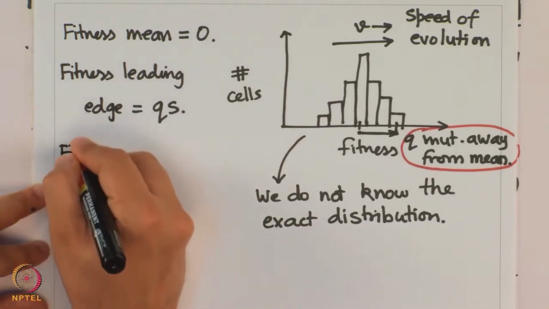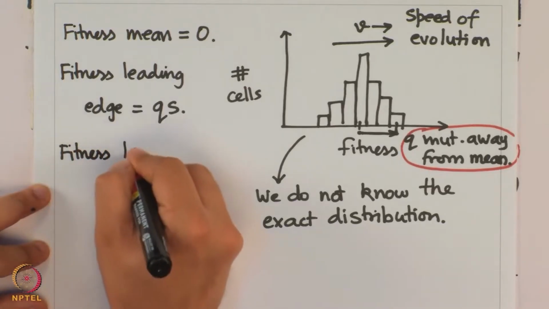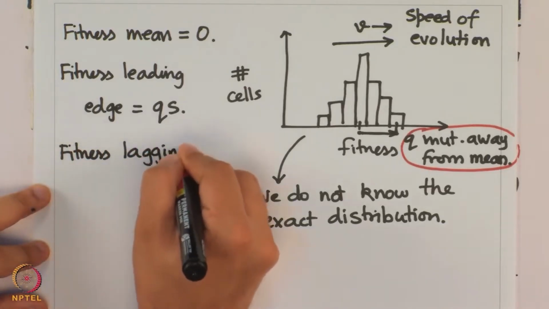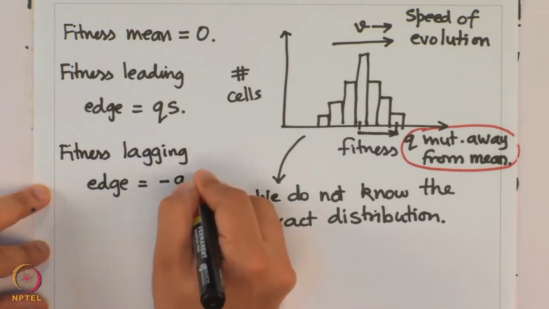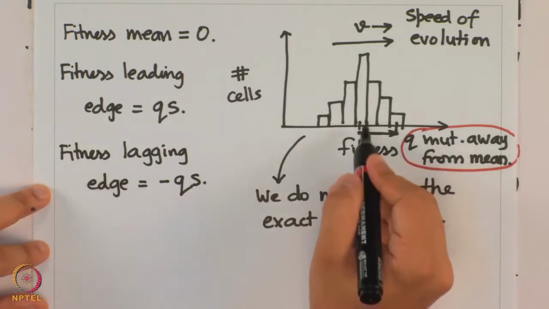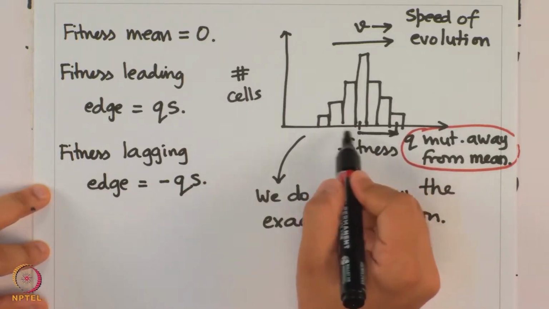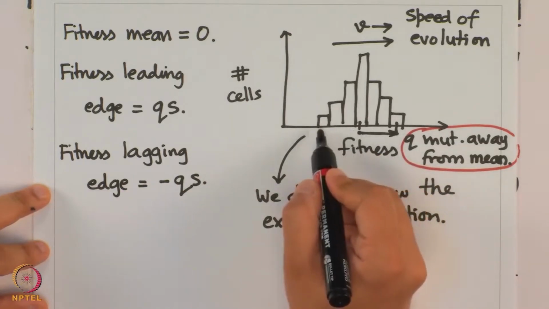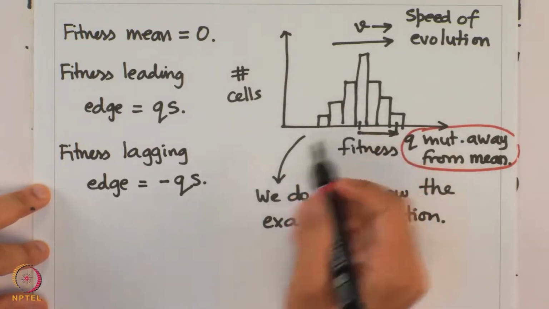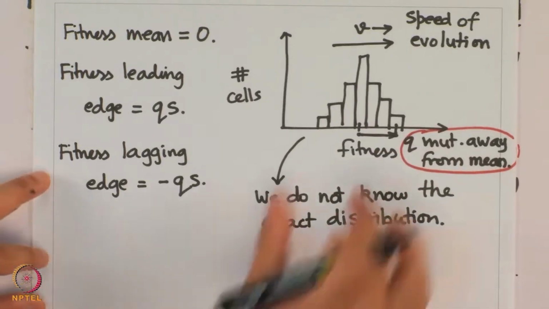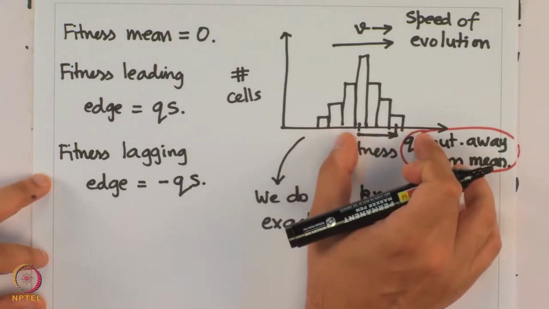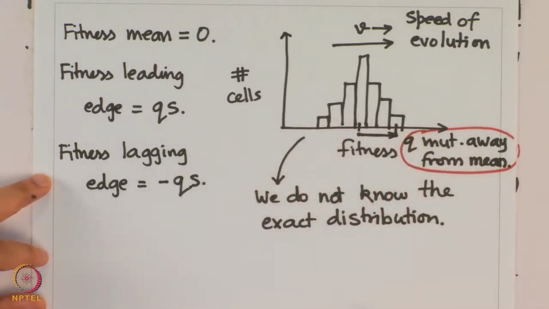Similarly, the fitness of the lagging edge will just be equal to minus qs, because the distribution is symmetric about the mean. So, the lagging edge is q deleterious mutations, or q fewer beneficial mutations, as compared to this mean, and hence its fitness can be quantified as minus qs. Now, this wave is moving towards the right at a constant speed. So, let us say after time tau,